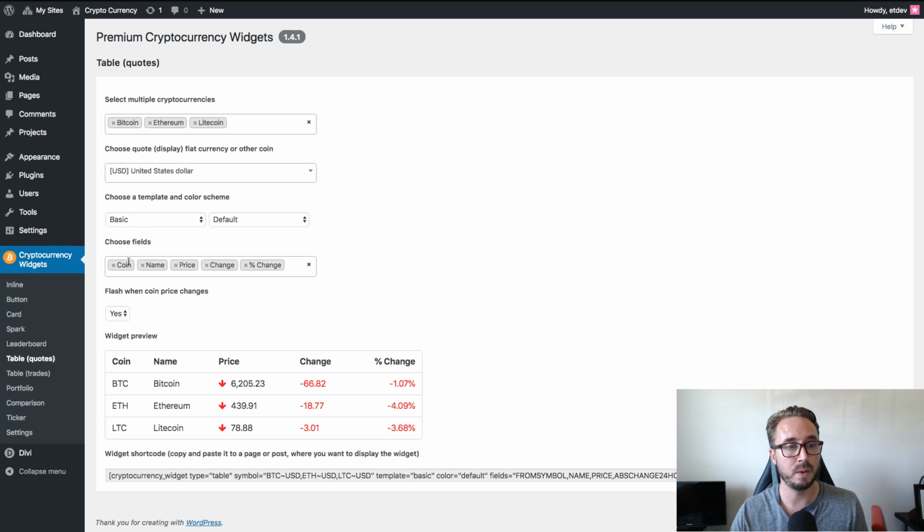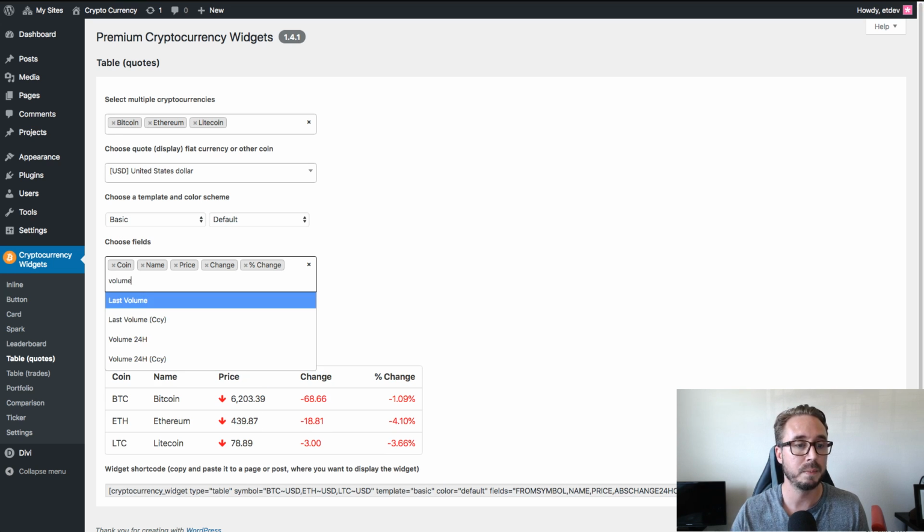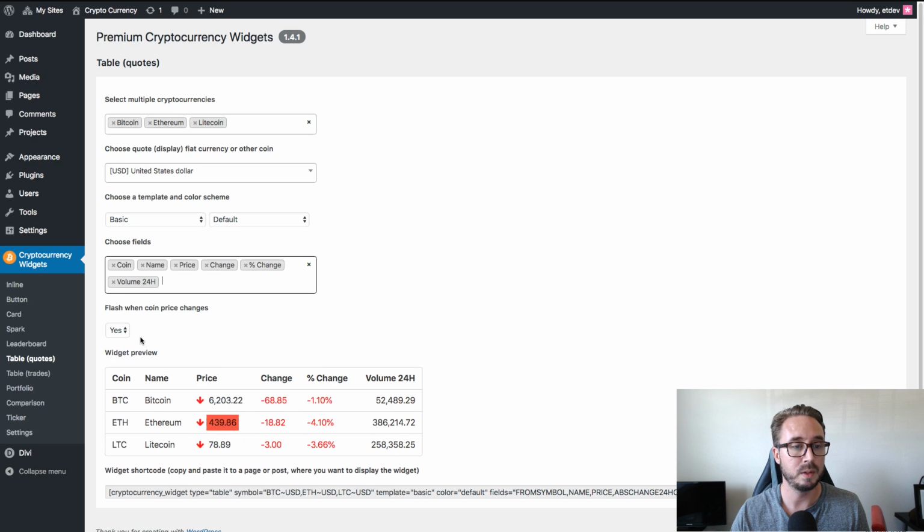And then these fields. So you can choose some custom fields, which is a really nice option. As you can see, there is no volume option. So if I wanted to choose volume 24-hour, I could select that and it will add it to your table there. And of course it will show those real-time updates for the total volume of the coin and things like that. All right, and there are other ones. Just go ahead and start typing the ones you want. We have percent change,